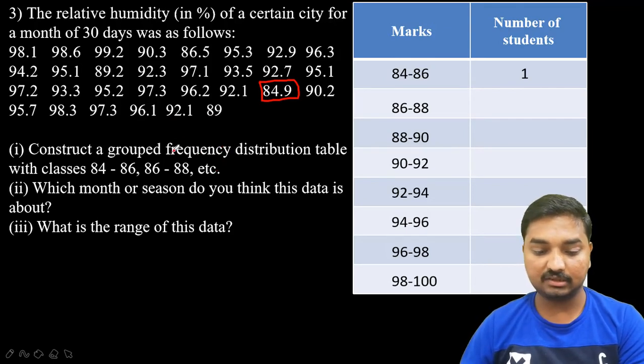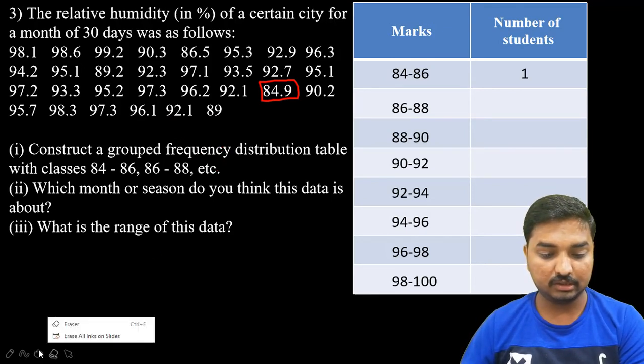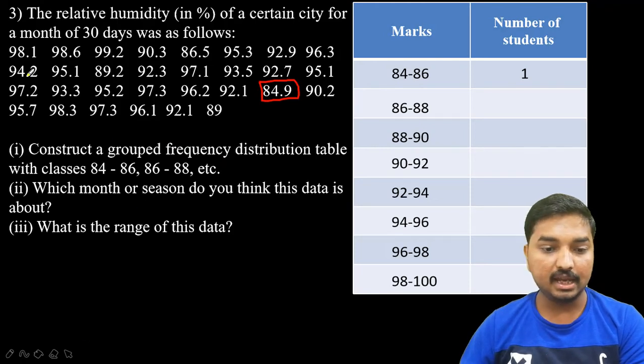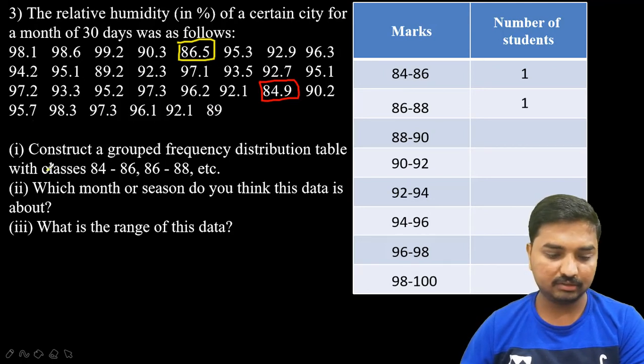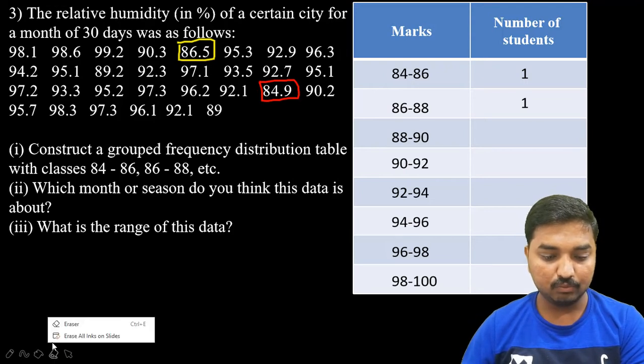And then 86. Now I'm going to change the color here. 86 to 88 means 80 something. There are few numbers which are around 80 actually. 86 to 88, actually 89, no. I think only one number, yes, only one number is there. And I will move on to the next one.